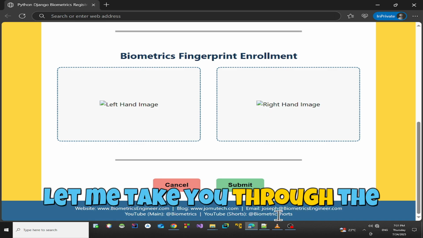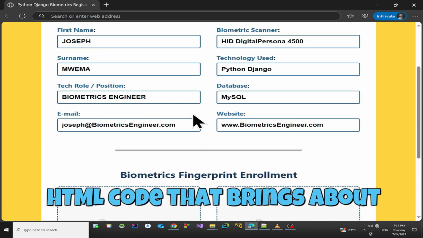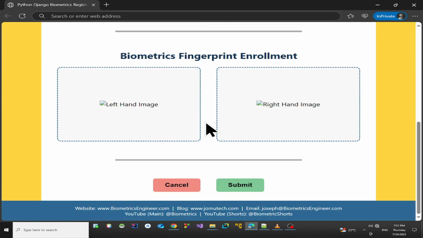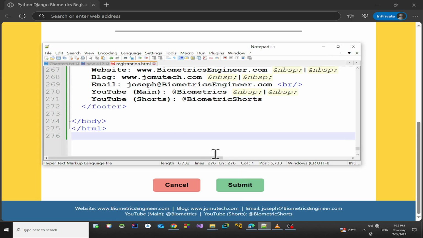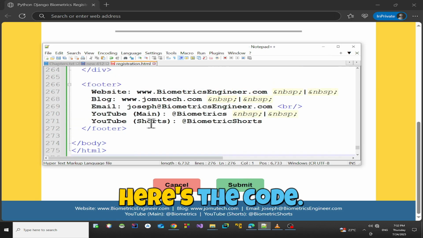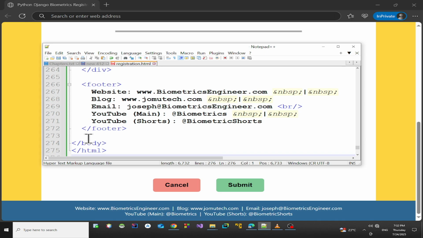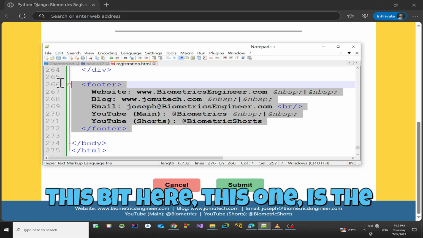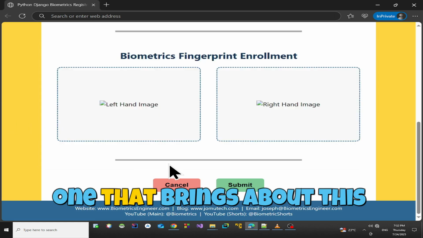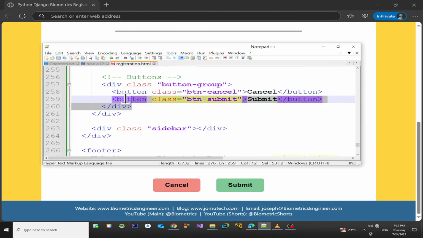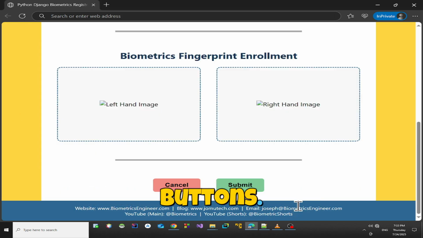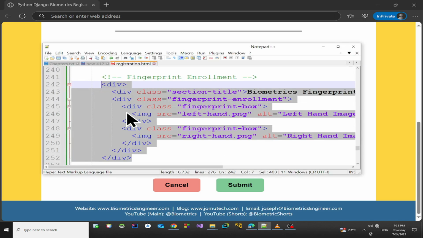Let me take you through the HTML code that brings about this web page. Here's the code. This bit here, this one, is the one that brings about this footer section here. This is the code that I implemented for these 2 buttons. This bit right here